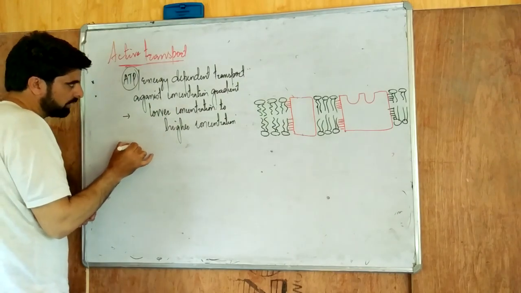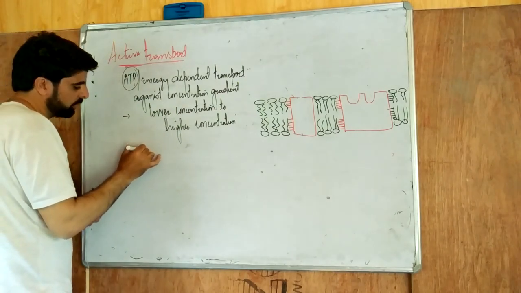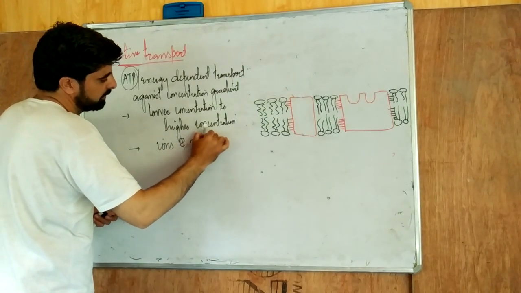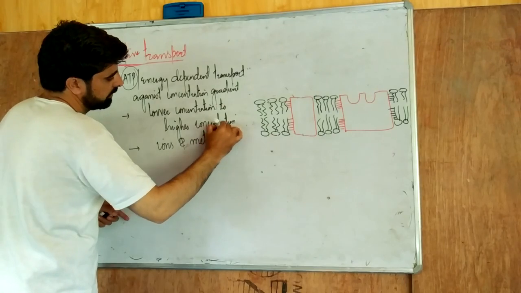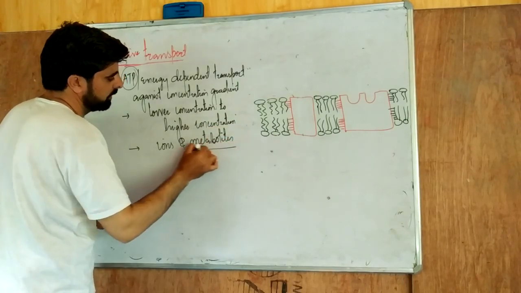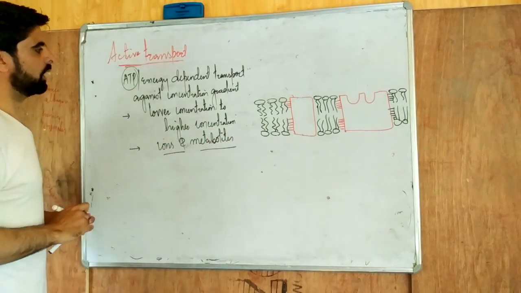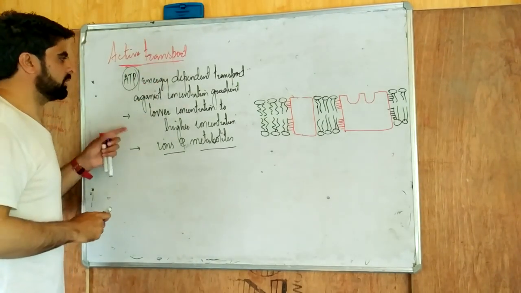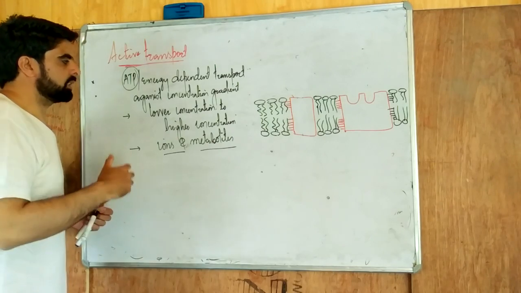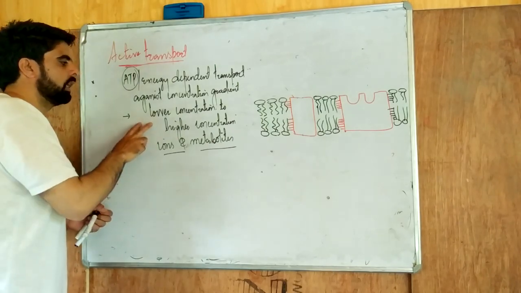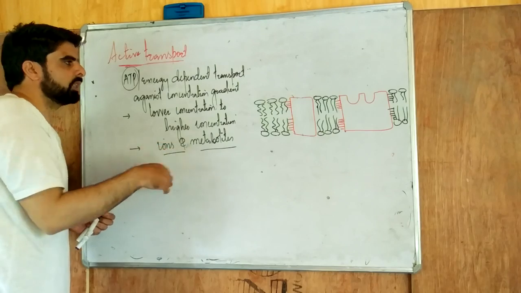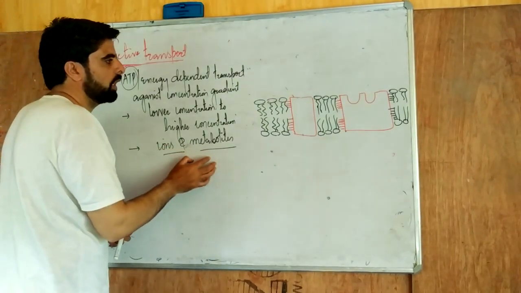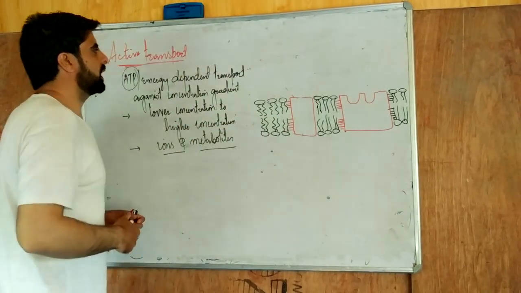One more important thing about active transport is that the ions and metabolites are transported from lower concentration to higher concentration. So we can simply say this active transport is energy dependent transport, where the substance moves from lower concentration to higher concentration. One of the things which get transported mostly is the ions and the metabolites. These are transported across the plasma membrane.